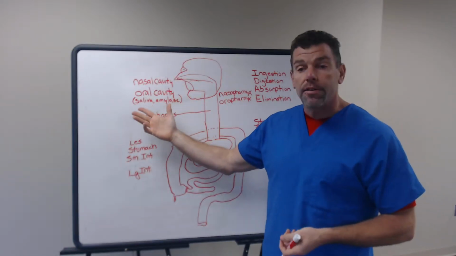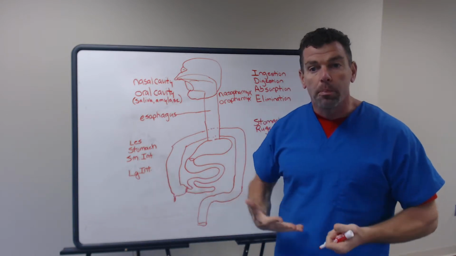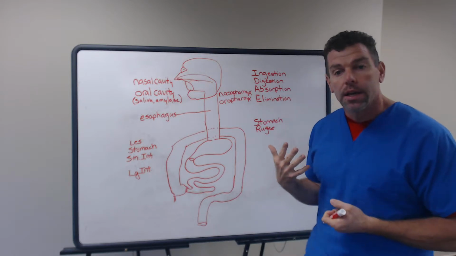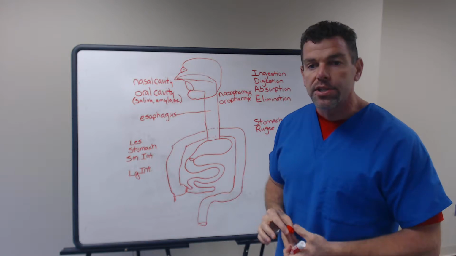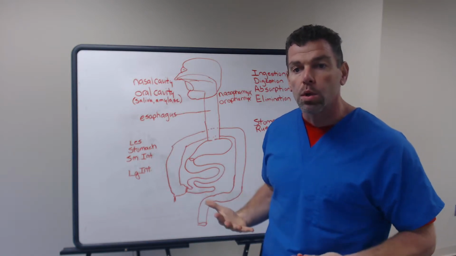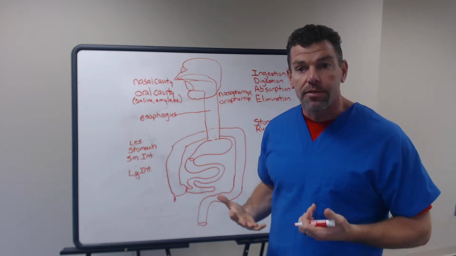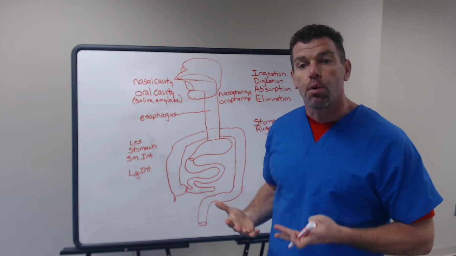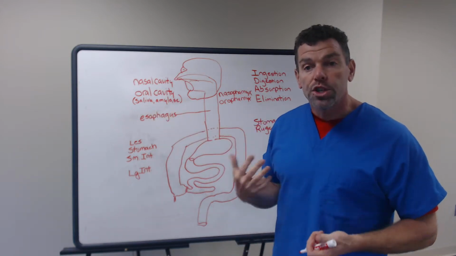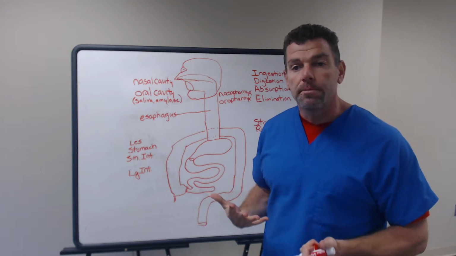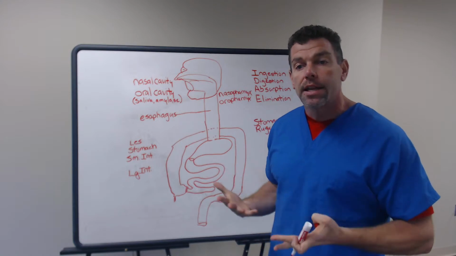And in the oral cavity, we have our teeth, which are going to help break off small pieces of the food. Our front teeth, our incisors, are going to cut the food away, so to say, and then the teeth in the back are the molars. They're going to grind the food up. In our oral cavity, we also have the tongue. The tongue is going to be responsible for moving the food around and mixing it with saliva, which makes the food more liquidy and easier to slide down our oropharynx and the esophagus.